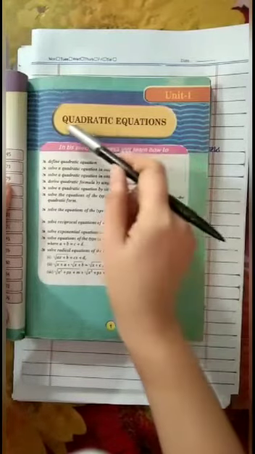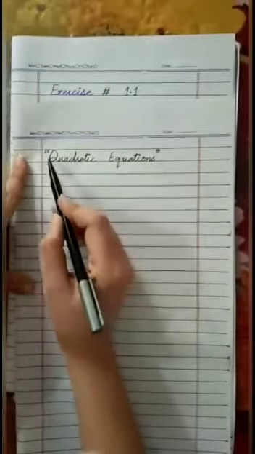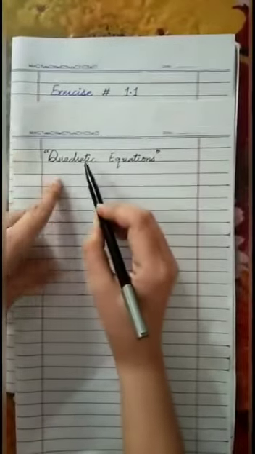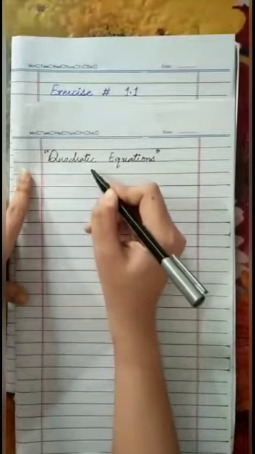Today we are going to start mathematics unit number 1. Unit number 1 name is quadratic equations. Quadratic equations, first of all we will talk about what are quadratic equations. Okay students, I'll make you clear first the topic. What are quadratic equations? Quadratic equations are those equations